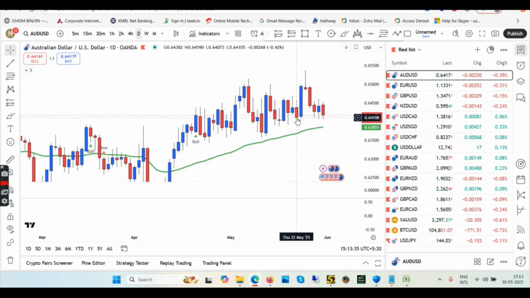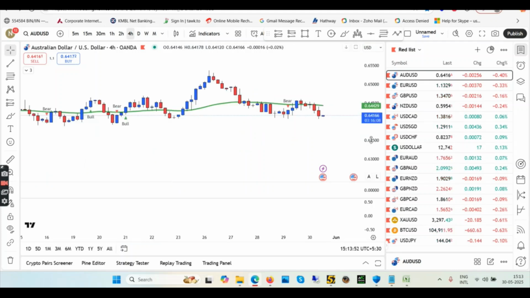I will talk about this maybe on Sunday. I will make a new video on Sunday about whether it has broken or not. If it is broken, it will continue the downtrend, and you have to take a short after the pullback. After the pullback, not right now, but we'll see how it goes. Let's see if we have any entry signal for today or not.